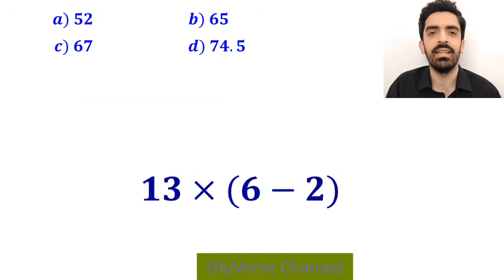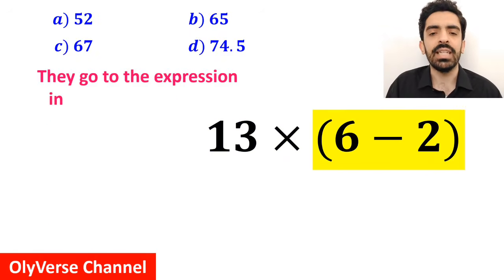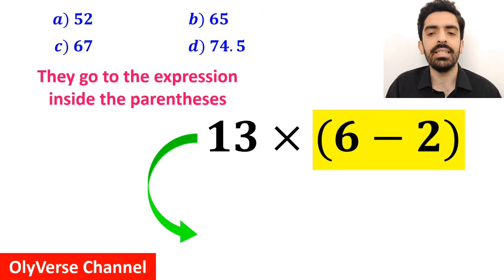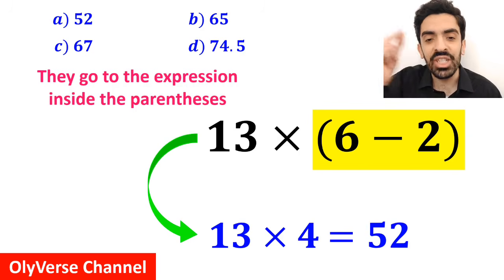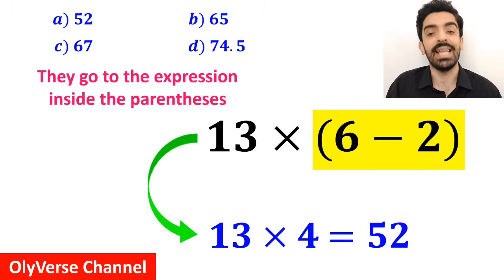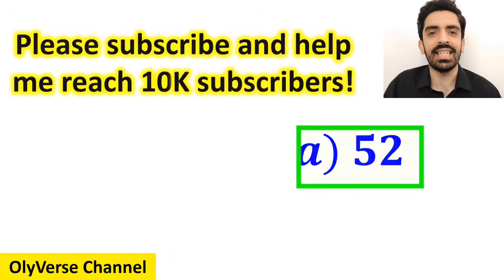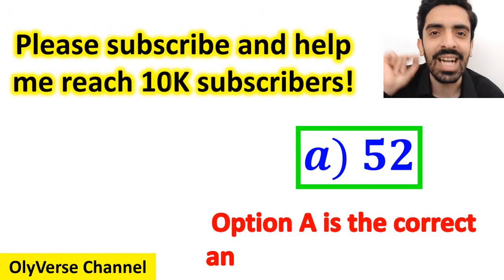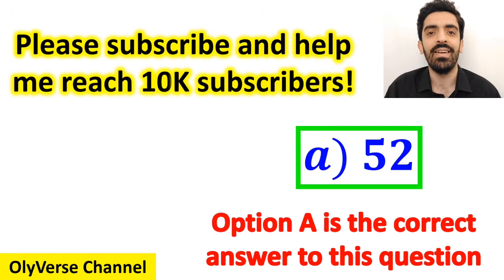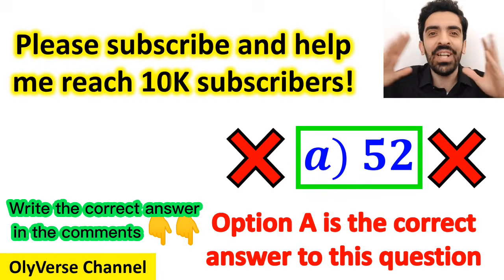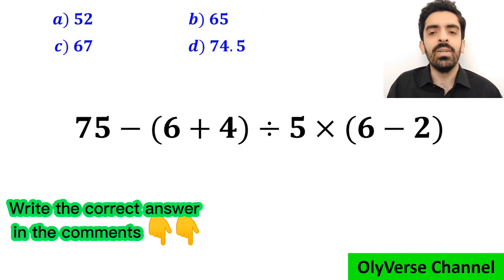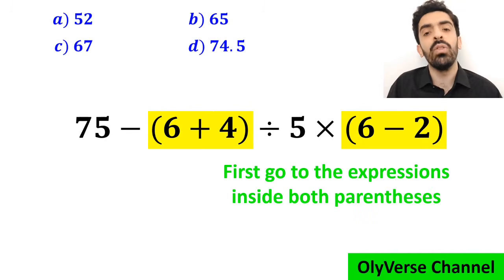And the final step, they go to the expression inside the parenthesis and simplify to 13 times 4, which eventually gives them the answer 52. Then, without any hesitation, they quickly say that option A is the correct answer to this question. However, that's definitely wrong. Also, some other people when solving this question first go to the expression inside both parentheses